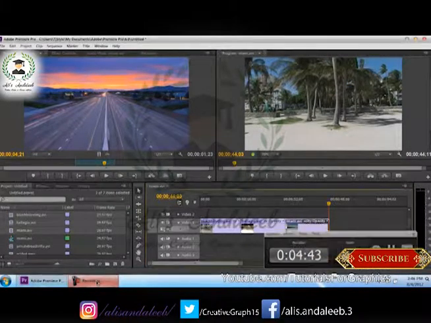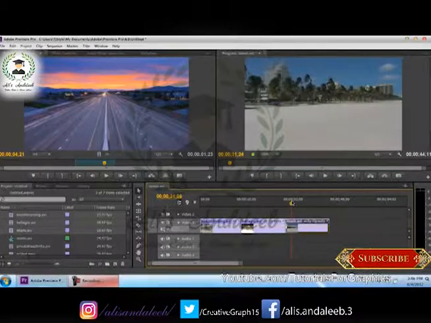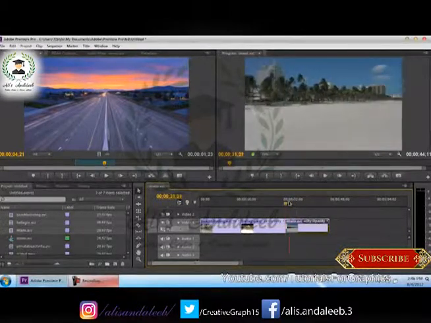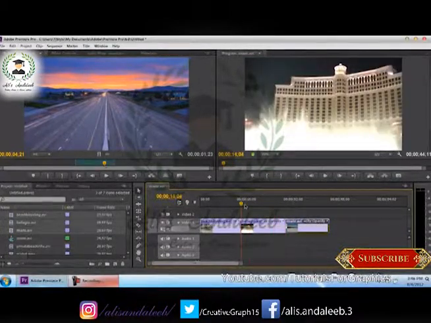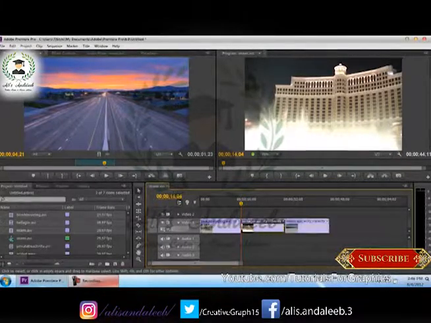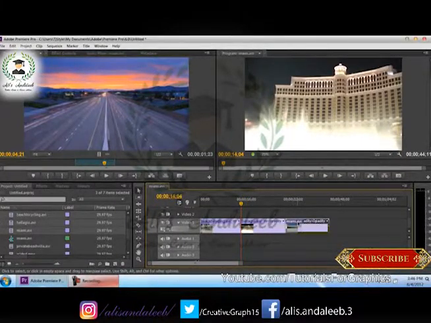So that is one tip that you should remember. Just hold on your shift key, and that will snap your CTI to the end or to the beginning of a particular video, and then let go. Okay, the next thing, guys, that I think a beginner should be knowing is